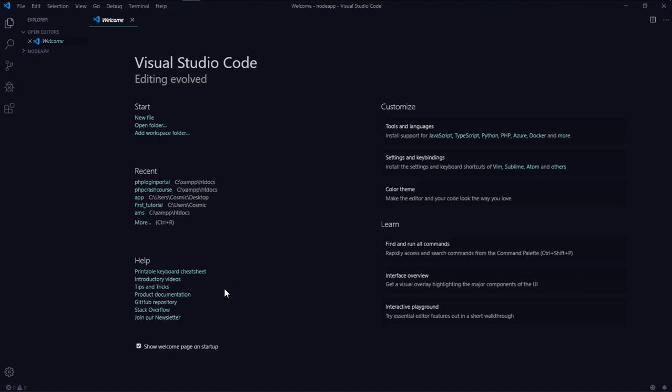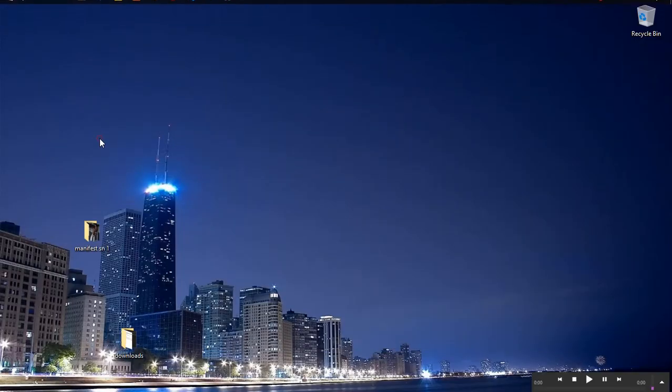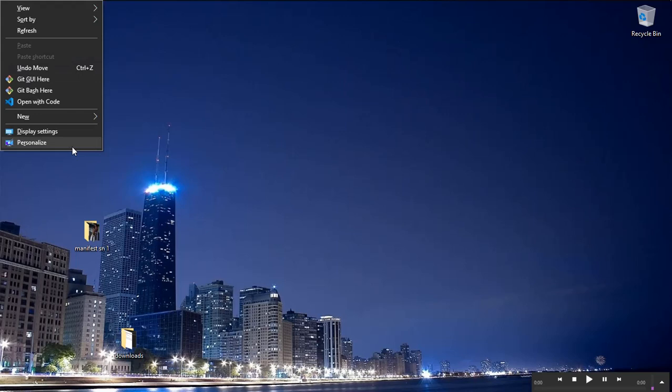It's going to be a vanilla JavaScript project, and then we are going to open it up in Visual Studio Code. So what I'm going to do, I'm going to minimize my Visual Studio Code. Then I'm going to create a new folder. I'm going to create it on the desktop. I'm going to create a new folder called